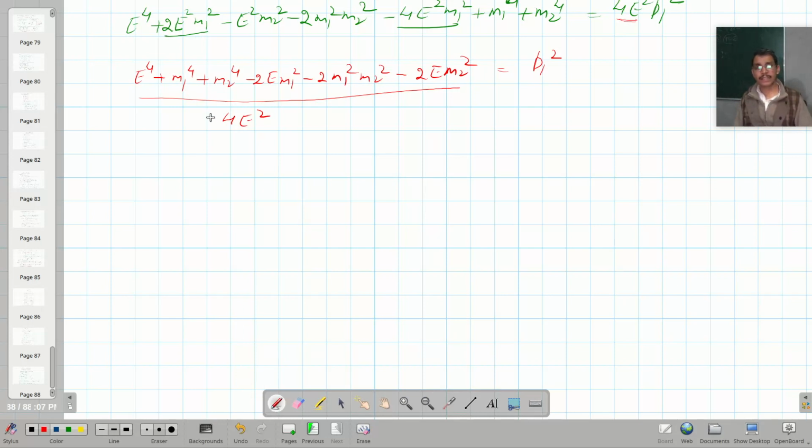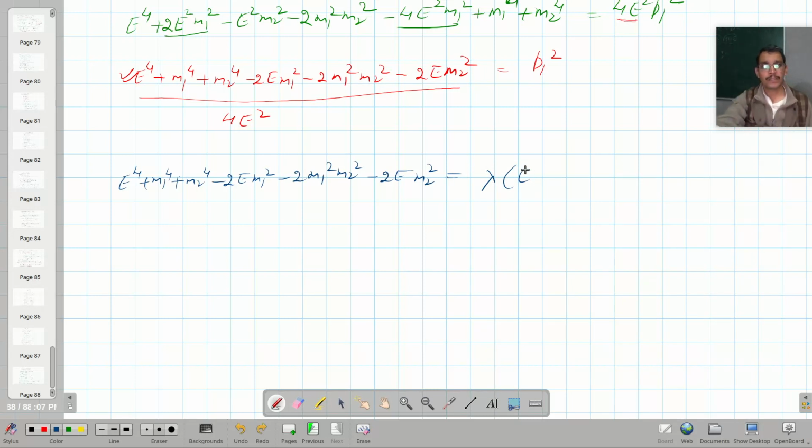But this can be written as like this. Let us have a look at now this term. So this e⁴ plus m1⁴ plus m2 raised to power 4 minus 2e m1² minus 2m1² m2² minus 2e m2², it can be written like this, that it is lambda e², m1², m2². This is like a Mandelstam variable,